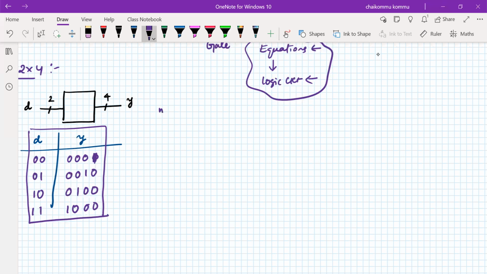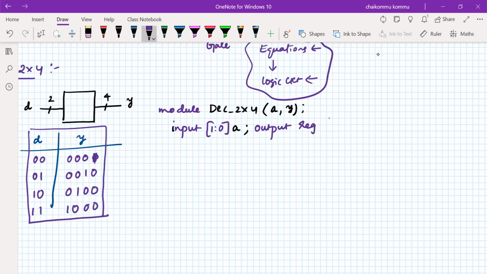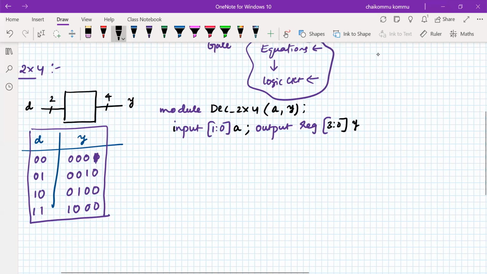So module decoder_2x4, with ports A, Y. Input [1:0] A. Output, we need to write it as a register data type, please don't forget about this. Reg [3:0] Y, right?